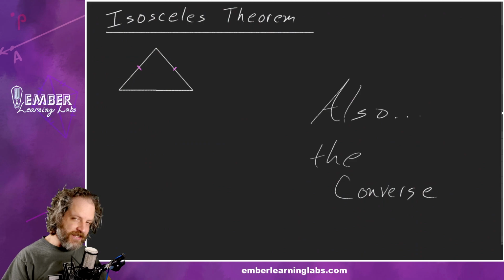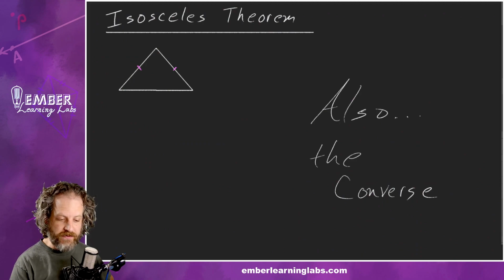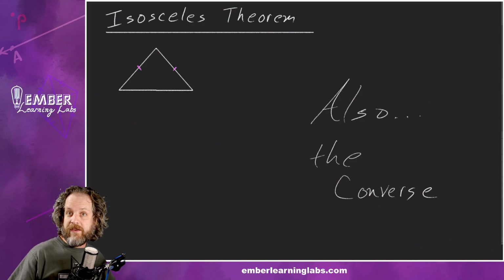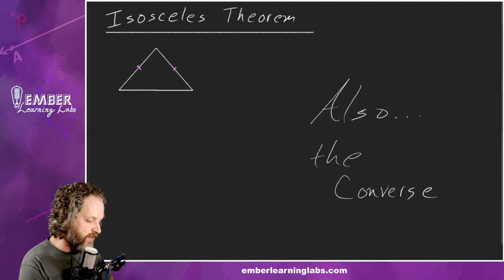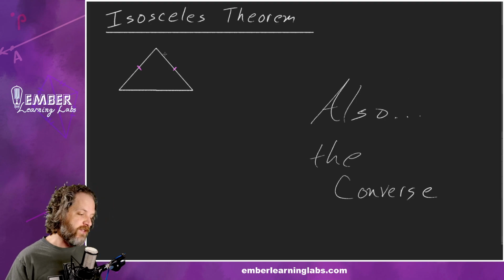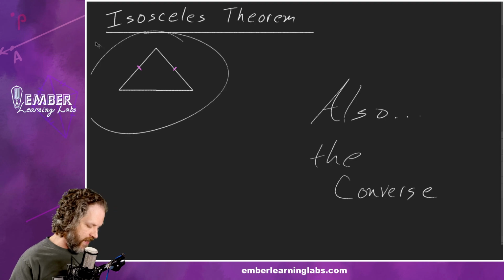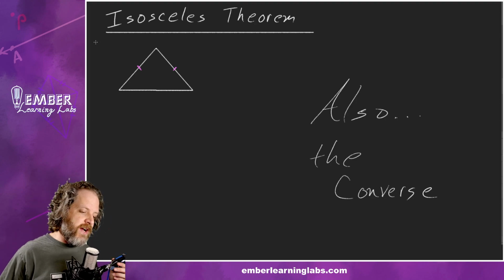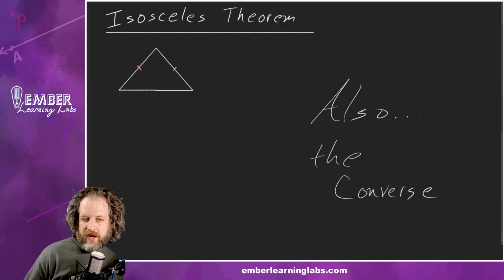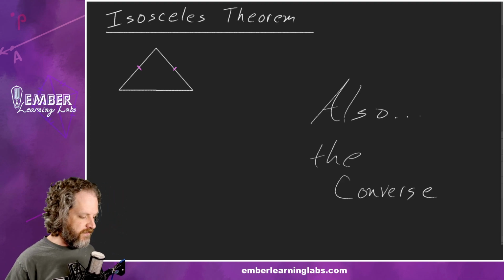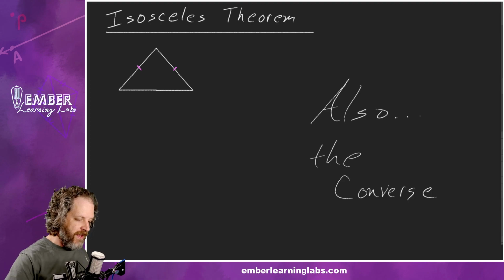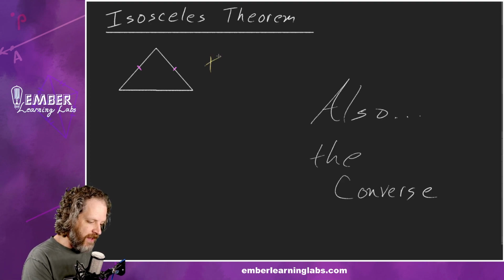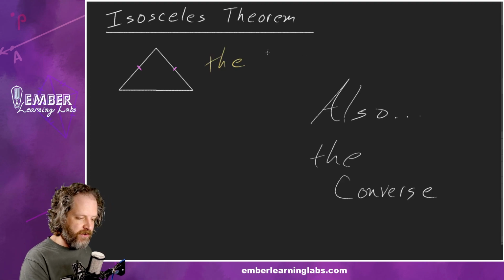So isosceles triangles, what are they? We've talked about that before. The definition of an isosceles triangle is a triangle with two congruent sides, right? So something like this guy. There is a theorem associated with isosceles triangles. We've kind of talked about it before in passing. We're putting some real meat on it, and that says that the base angles